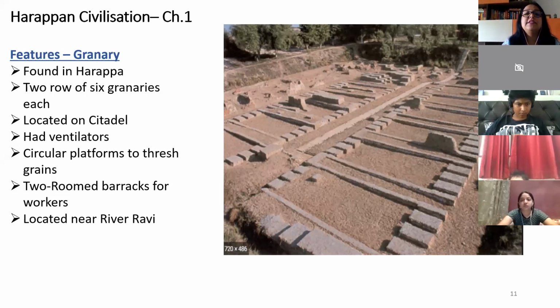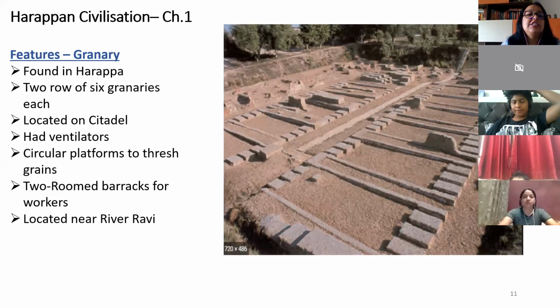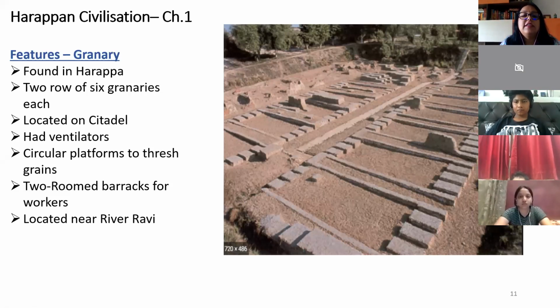So that surface is this circular brick platform that they made here, so that all the grain can be beaten on it. Beat and beat, and all the grains will fall away from the stalks. Are we clear? That beating is called threshing. What is it called? Threshing. That's not called beating. It's called threshing the grain. So for threshing, this is the word, thresh. Circular platforms to thresh the grains.